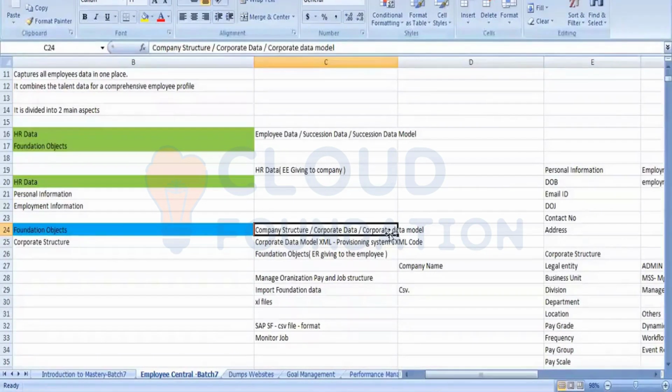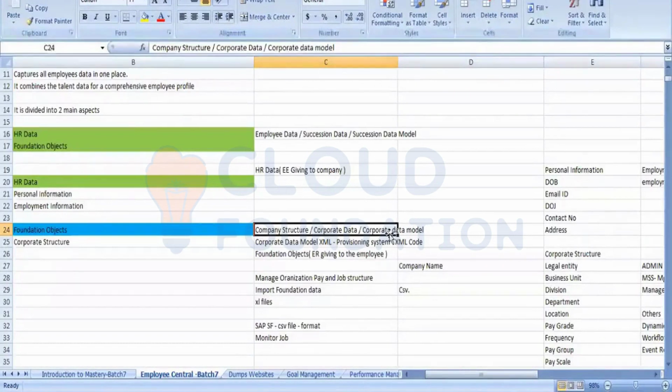Each data model tool will have an XML code, so we need to download that XML file. There are certain codes in that XML file that are already predefined. They are created by default by SAP.